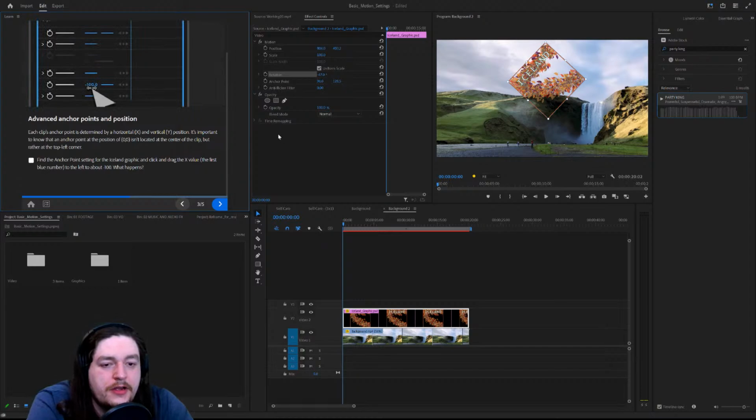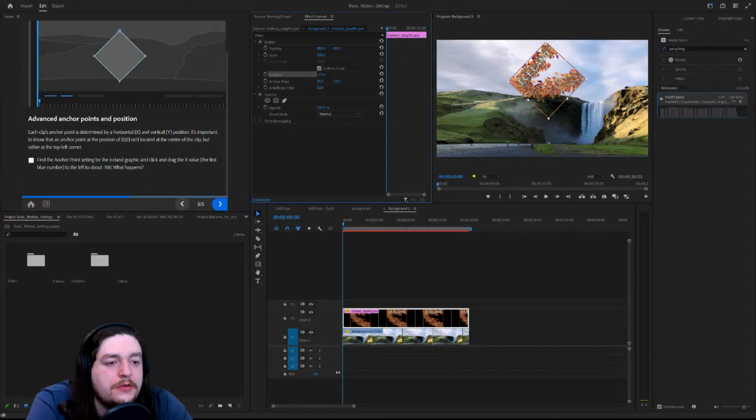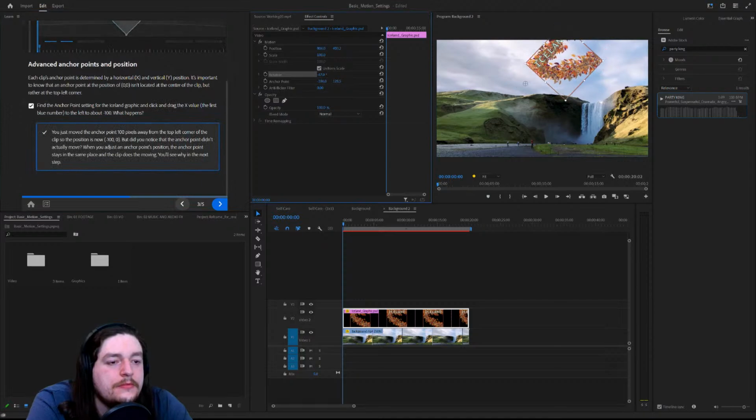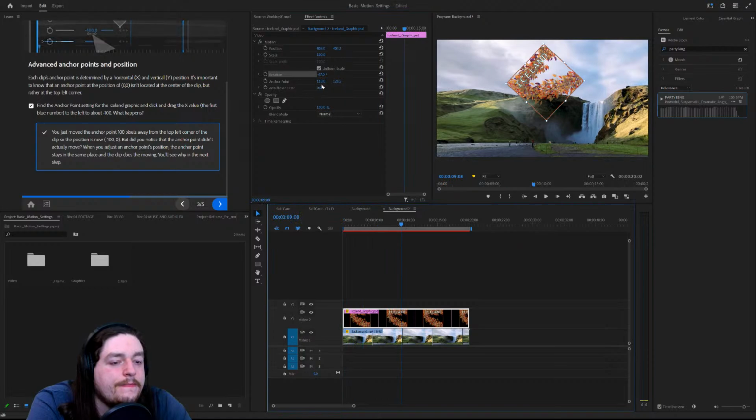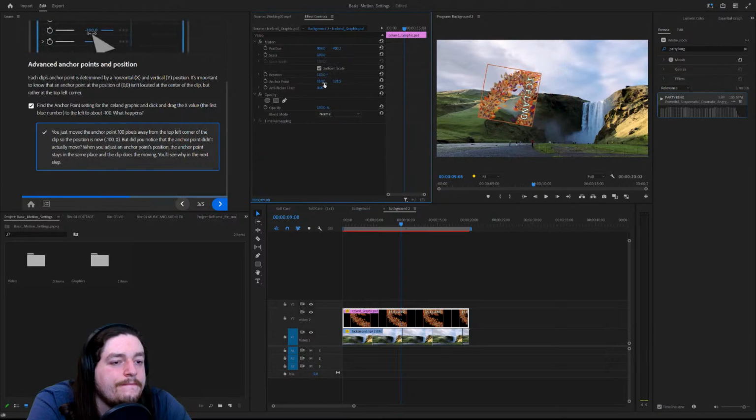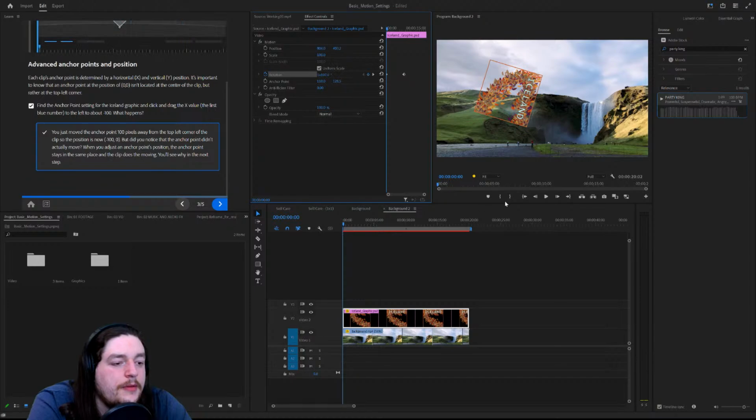Anchor point, setting the Iceland graphic. Left -100. Okay, it sends it off the screen. Okay, I'm moving the anchor point, but instead of moving it, it's moving it based on the graphic. Got to set my original keyframe. There we go. So if we do that,